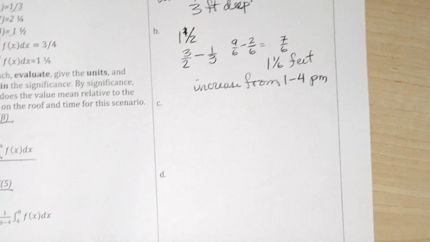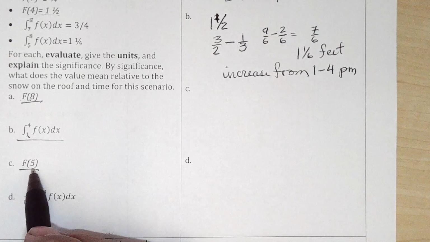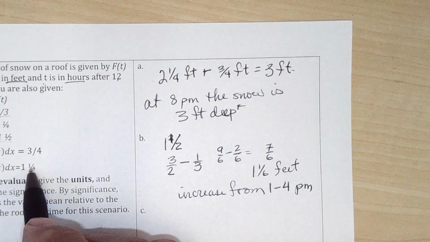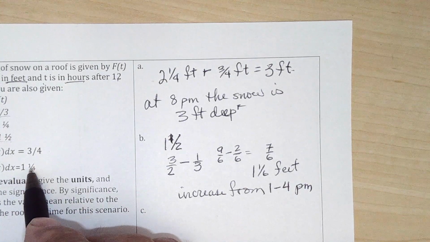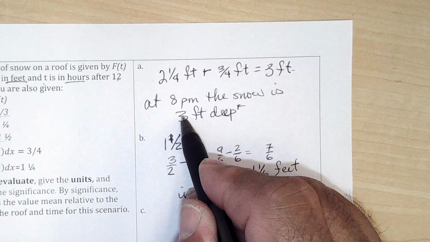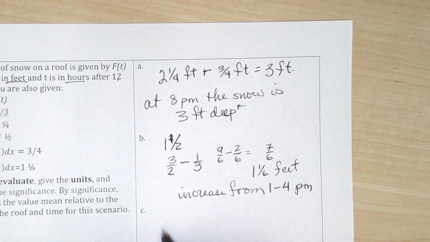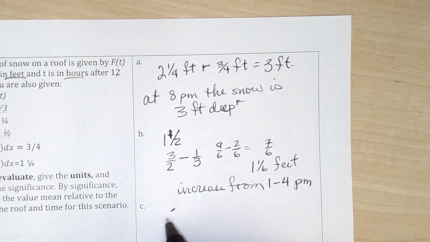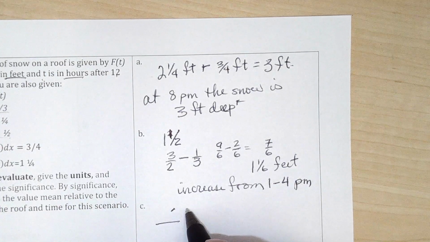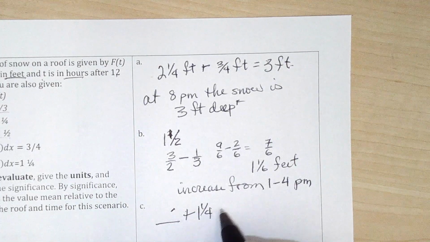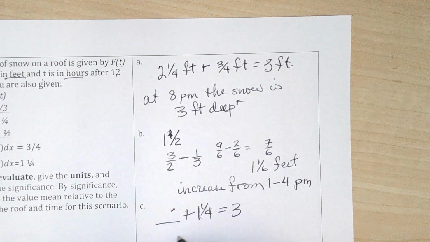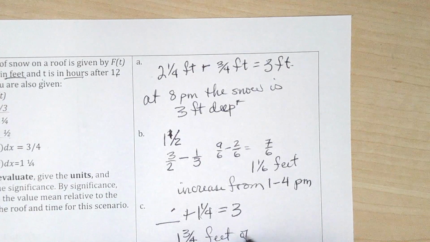They want to know how much there was at 5 in the afternoon. Well, between 5 and 8, it went up by a foot and a quarter. And at 8, it was 3 feet deep. So it must have gone from something, plus the foot and a quarter, makes the 3 feet that it was at 8. So if we take 1 1/4 away, we get 1 3/4 feet of snow